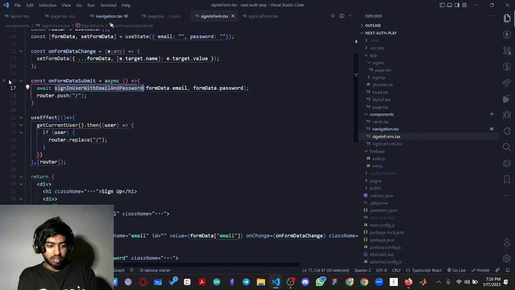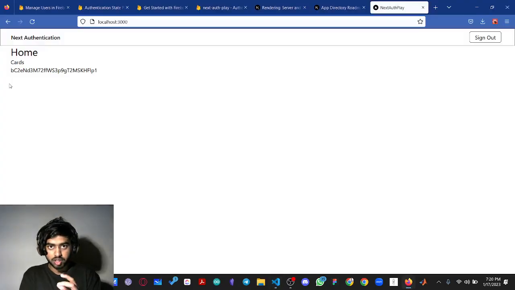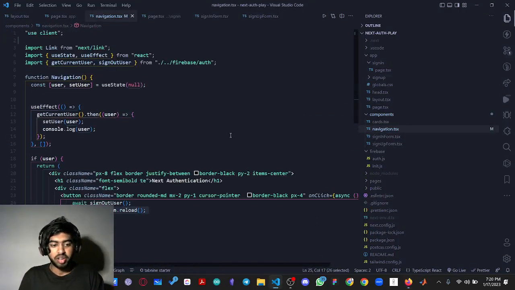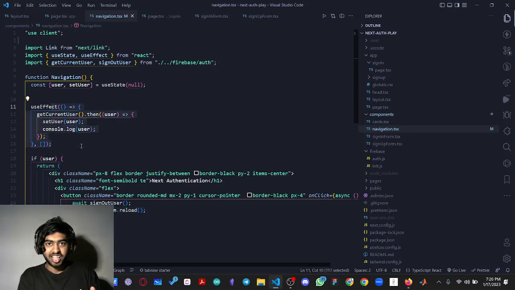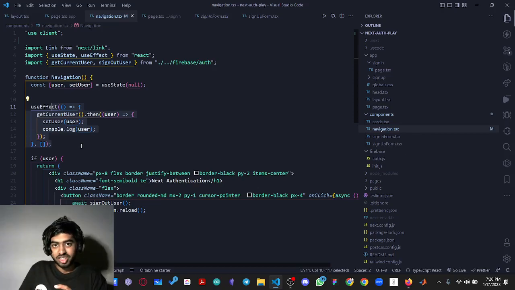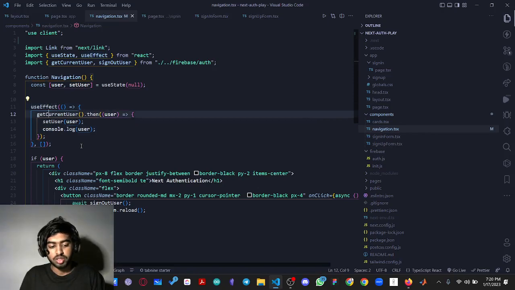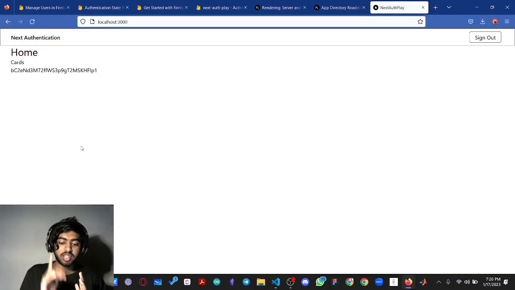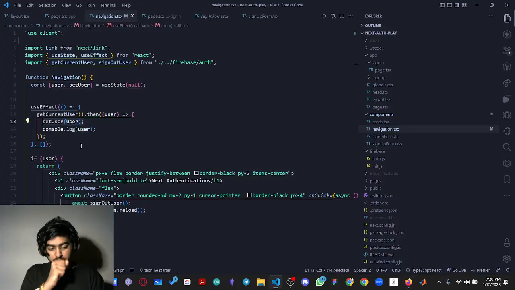Notice that the moment I send him to the home page by using the router push, the navigation component is going to mount, which means it is going to render. So this effect is going to run after I sign in. My current user would be there in the storage, and Firebase will give it to us with this function, which we can use to set the state and set the navigation bar as the user navigation bar of a signed in user. Right. But